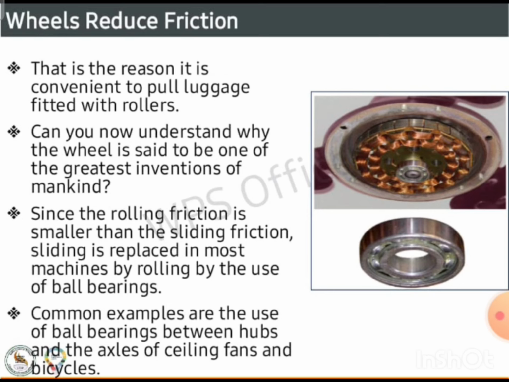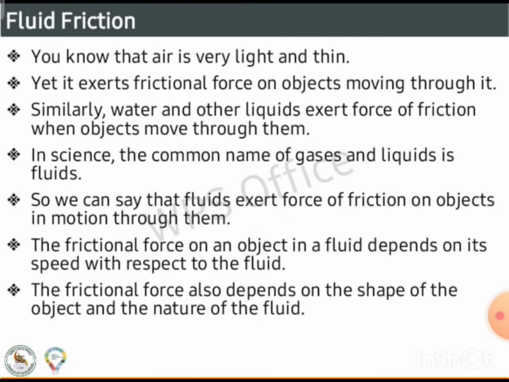You can now understand why the wheel is said to be one of the greatest inventions of mankind. Since rolling friction is smaller than sliding friction, sliding is replaced in most machines by rolling, by the use of ball bearings. Common examples are the use of ball bearings between hubs and the axles of ceiling fans and bicycles. Fluid friction. You know that air is very light and thin, yet it exerts frictional force on objects